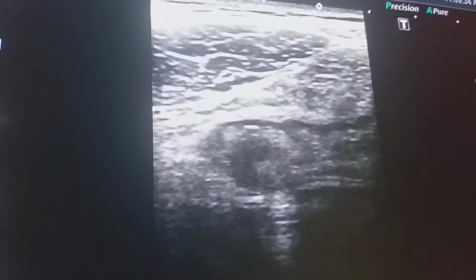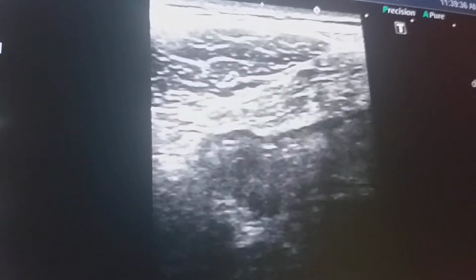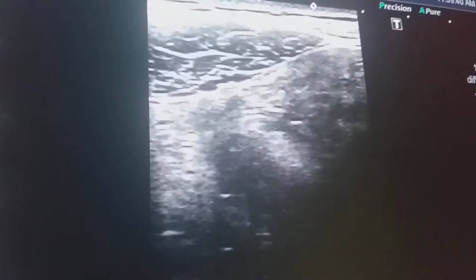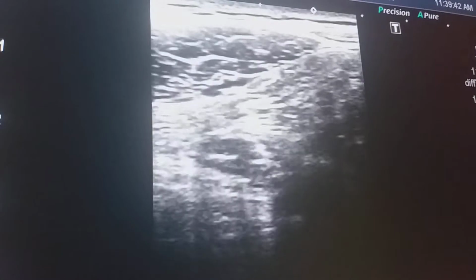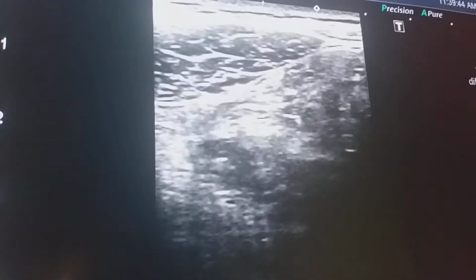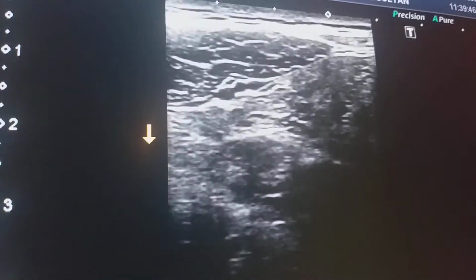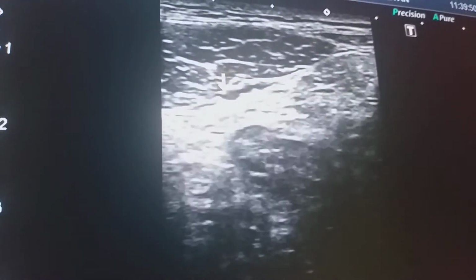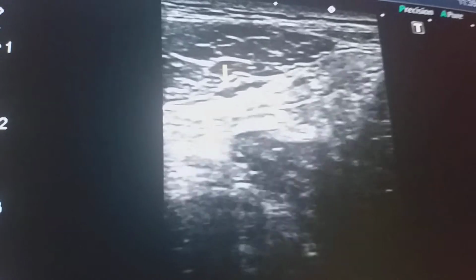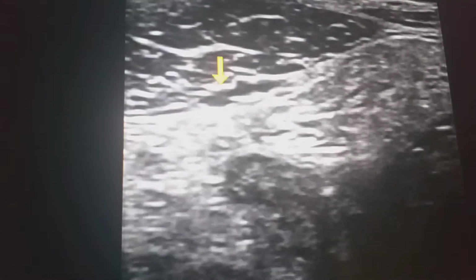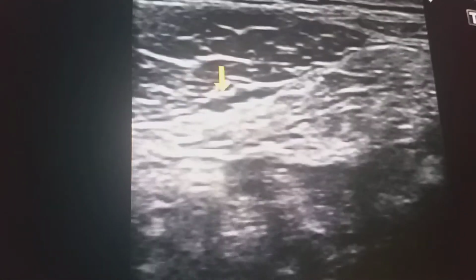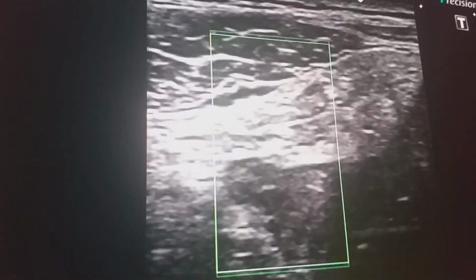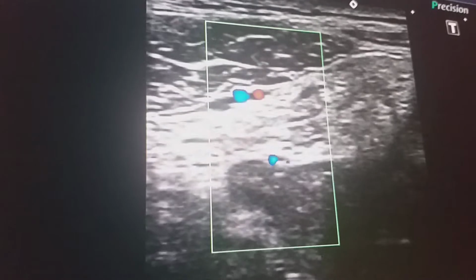So now I have placed the high frequency probe over the abdomen near the umbilicus, and here we can see that these black structures are the inferior epigastric vessels, and now I can see